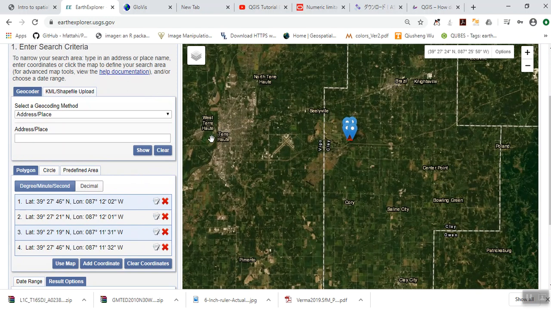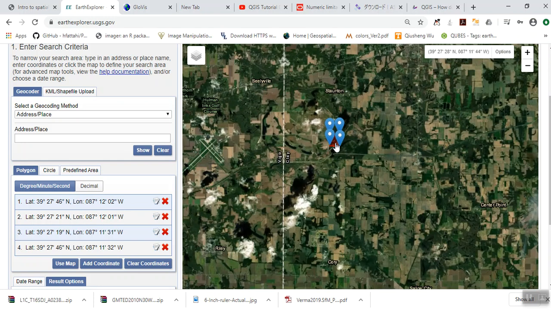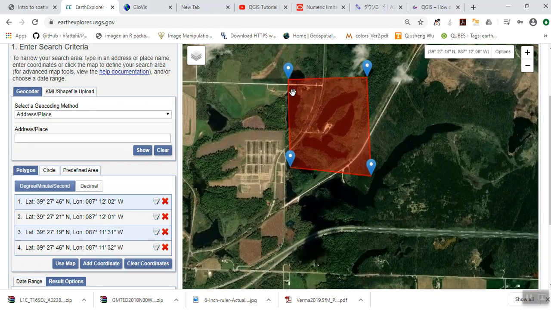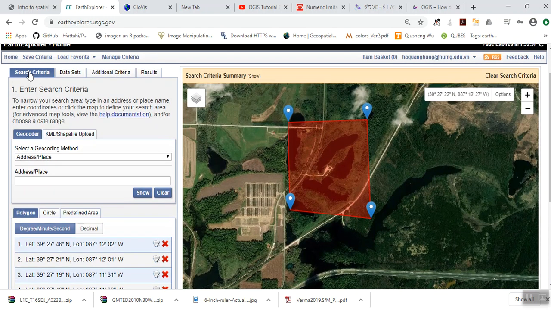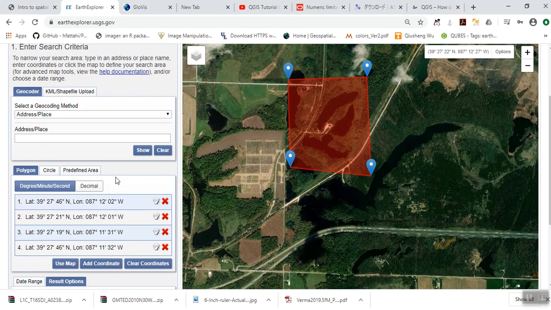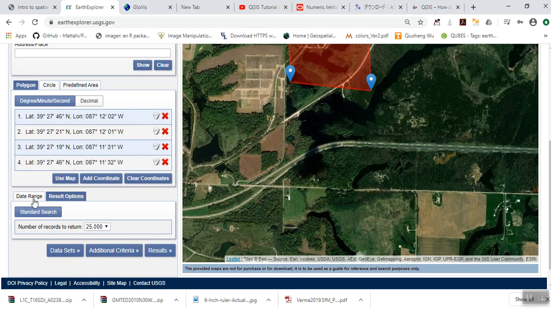So the Chinook area is in the east part, in between the two areas and Brazil. Down here, you just start defining a polygon to cover your area of interest, like the way I defined it here. And after I define it in the search criteria, I want to go to the result options